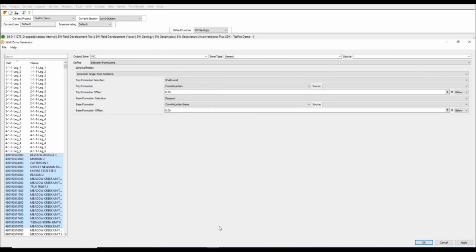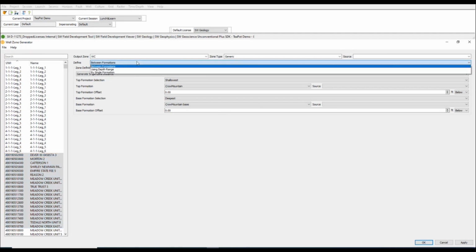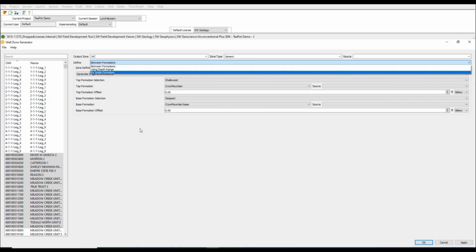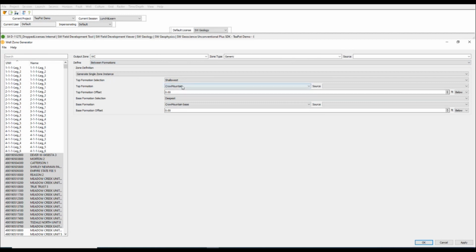In Sizeware, well zones are defined as depths along a wellbore. In other software, you might have heard these called thicknesses or stages. We have three different ways of defining well zones in Sizeware, either based off a single formation and a fixed offset, between two formations, or along defined depth ranges. For today's workflow, I'm going to define it between two formations, the Crow Mountain top and the Crow Mountain base